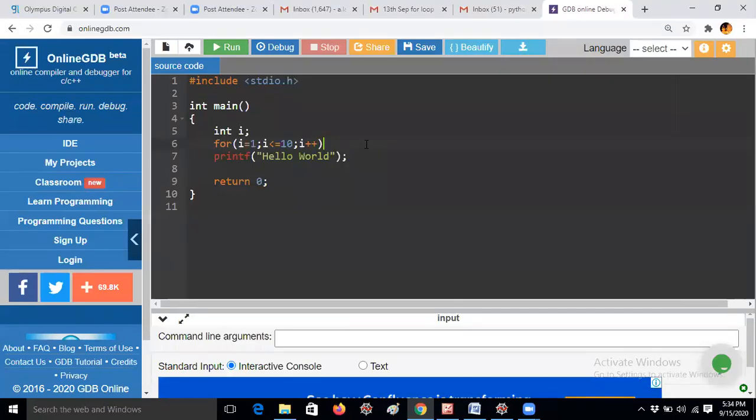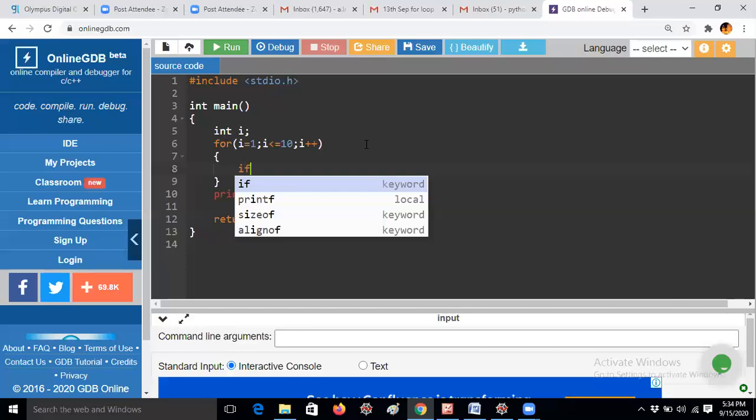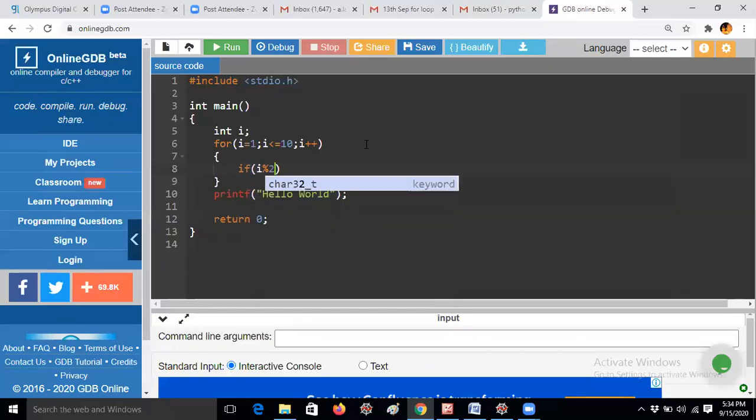Whenever you are checking an odd or even number, an even number is one divisible by 2. A number which is not divisible, where you get remainder 1, is called an odd number. You should think like that only. So let me give i mod 2 not equal to 0.